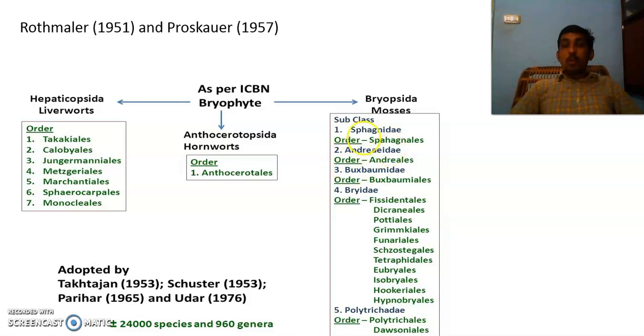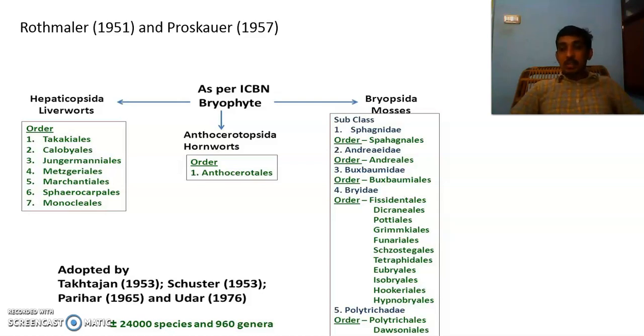When we move into the order of each of the five subclasses, Sphagnidae possesses a single order, called Sphagnales. Likewise, Andreaeidae is the second subclass that also possesses one order, called Andreaeales. The third one is Buxbaumiidae, and its order is Buxbaumiales. And the fourth one is Bryidae, that possesses